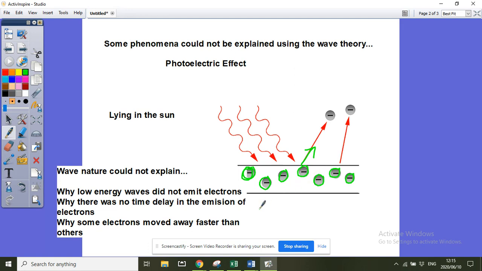And then the last thing that the wave nature could not explain is that these electrons that were leaving, some of them were very fast and some of them were very slow. They could not explain that using the wave theory, because if you were lying here, all the electrons should get fed up with the sun at the same time because they've now had enough, and they would be leaving with the same amount of energy that they've gained from the sun, and that did not happen. So now they had to think about light in a different way and think, isn't it maybe a particle